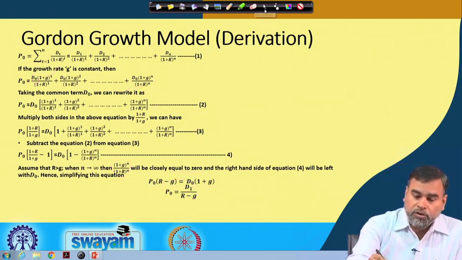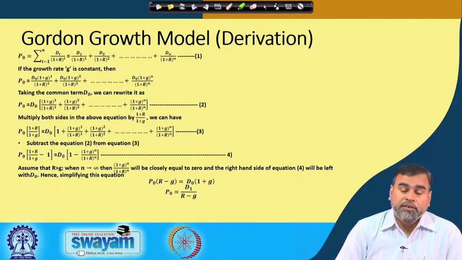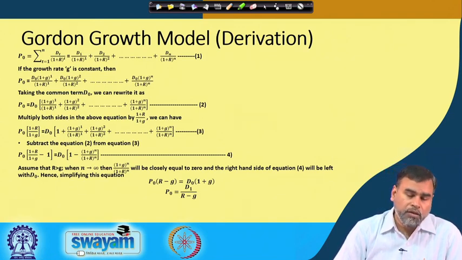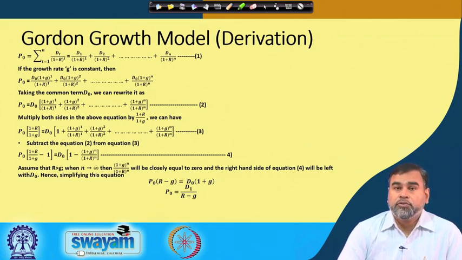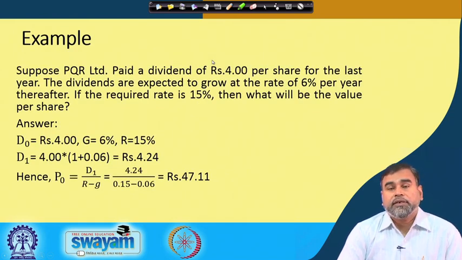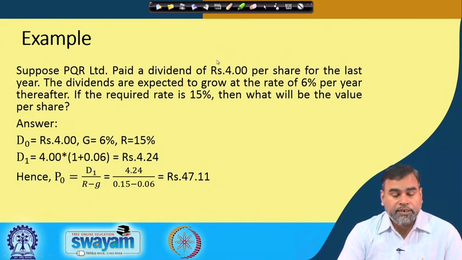Now, it is not necessary that whatever growth rate the company has from the beginning will continue for an indefinite period of time; that may not be true. We can relax that assumption: let in the beginning the growth rate be relatively higher, and over the period the growth rate comes down to a steady growth rate. So here the assumption is that the growth rate is constant for a particular period of time, maybe a supernormal growth rate in the beginning, then it can come down. We will see that further, and how the formula gets changed.